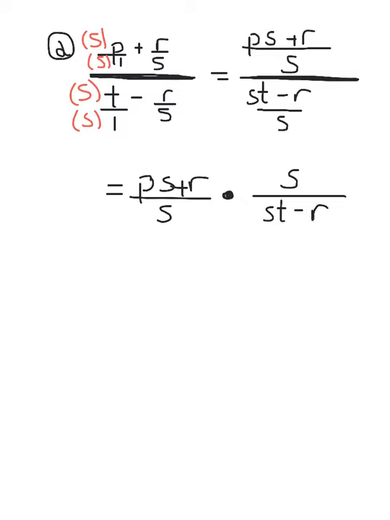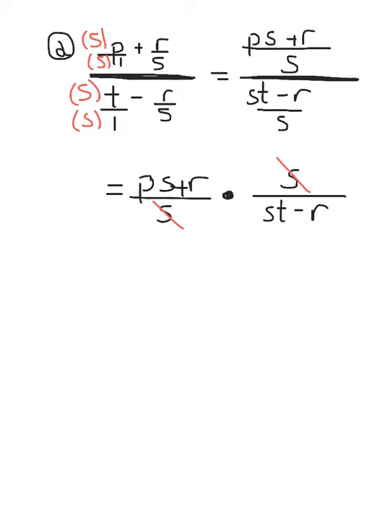Okay, now remember, after we keep, change, flip, let's see if we have any like terms. Remember, those like terms need to be numerator canceled with a denominator. So I do see that I have a common factor of s in both the numerator and the denominator. And I do not have a common factor. Now remember, this is a binomial and this is a binomial. The only way you can cancel a binomial with a binomial is if they are exactly the same. This says ps plus r. This would have to say ps plus r. If this says, and it does, say st minus r, then this has to say st minus r, which it